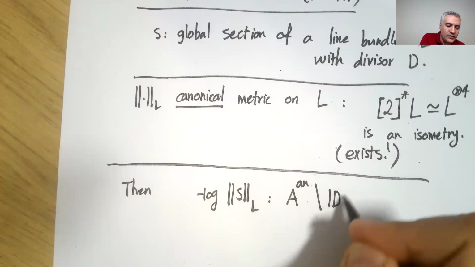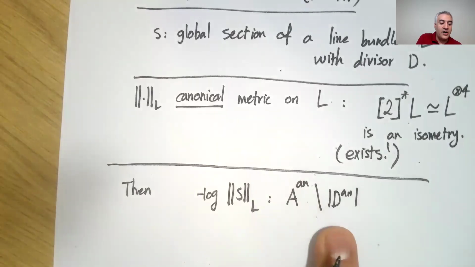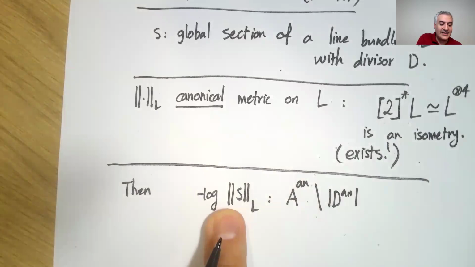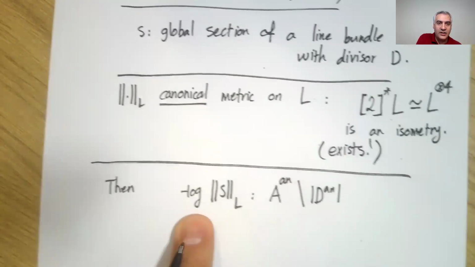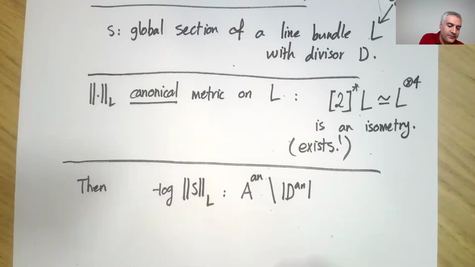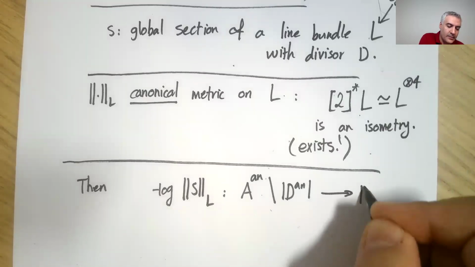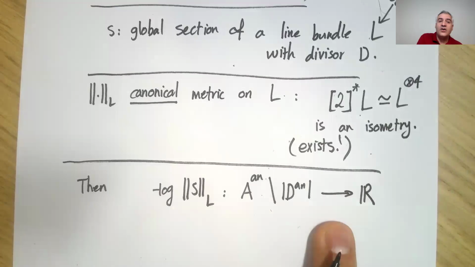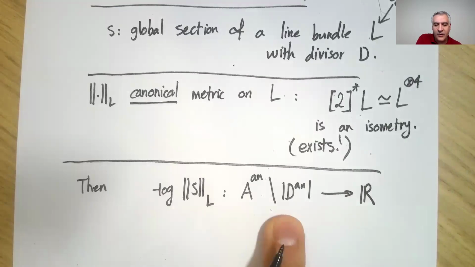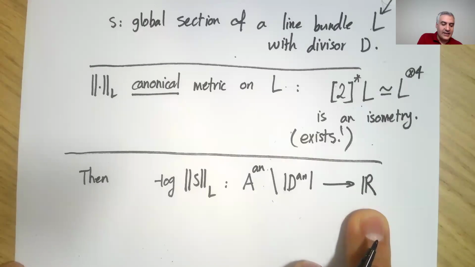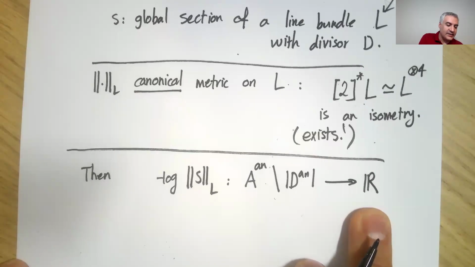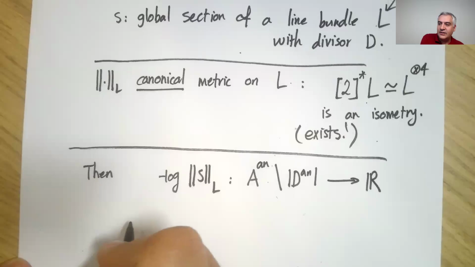Well, I have to remove the support of D, because whenever s is 0, the logarithm is not well defined. So I'm going to remove that. This gives me a function from the entire Berkovich space away from the support of D to the real numbers. And the cool fact is that this extends lambda_D,